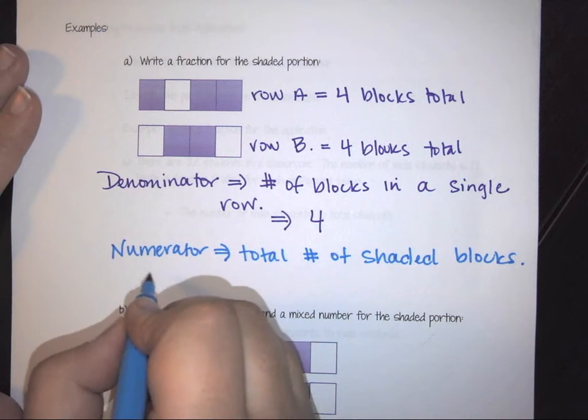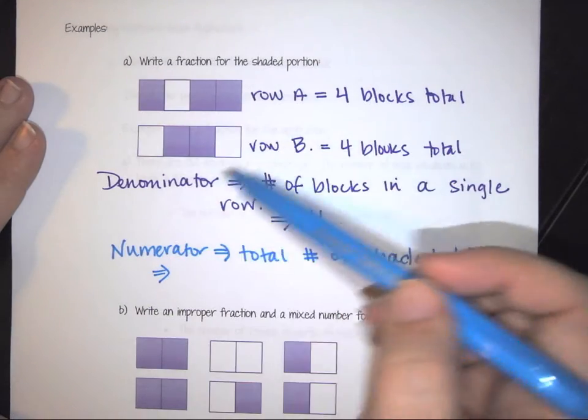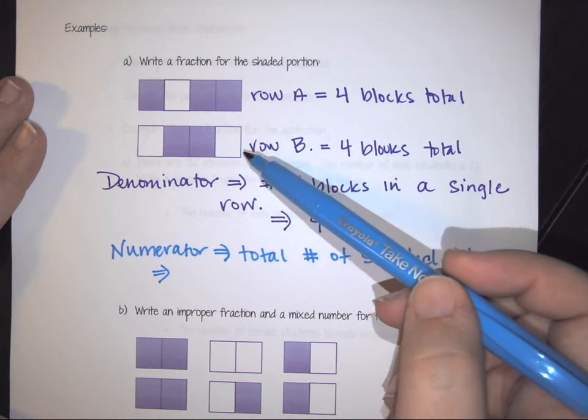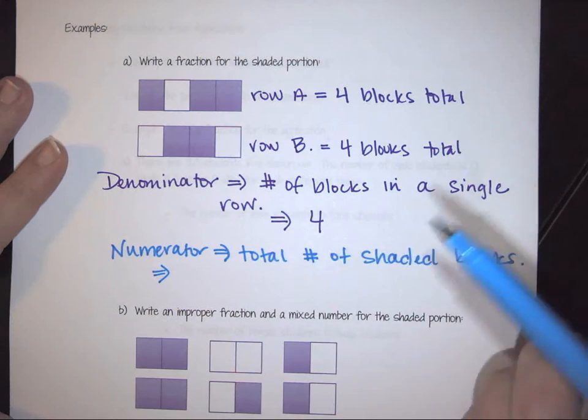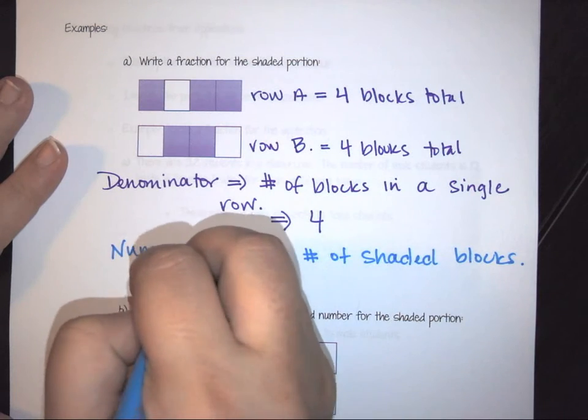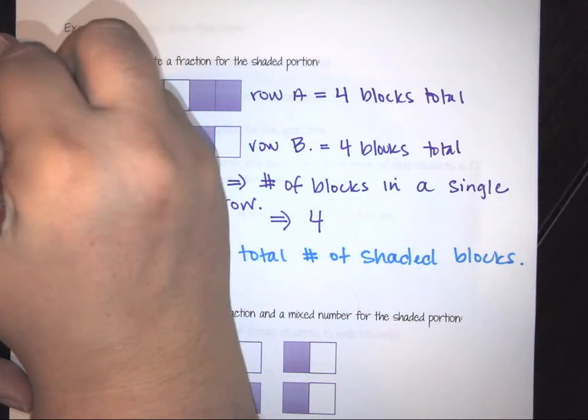So when we're talking about the total number of shaded blocks, we are talking about how many out of both of these rows are purple. Well, I've got 1, 2, 3, 4, 5, so my numerator is 5. Therefore, if I put it all together, it means my fraction here for this picture is going to be 5